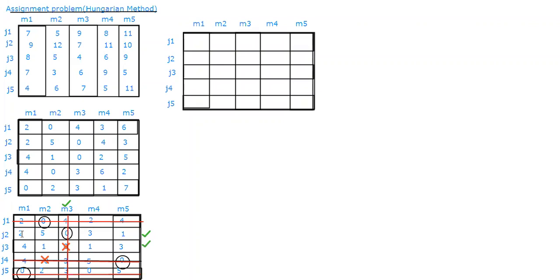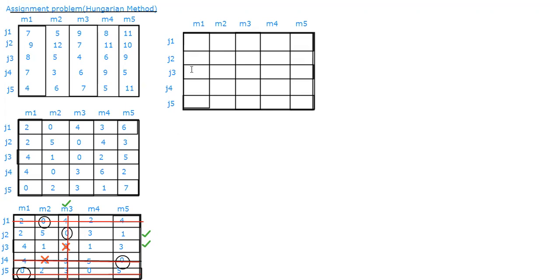So now he says, subtract the elements. Look at the left side of the flow chart, the second box. Subtract the smallest element of uncovered lines from the other elements and add to the elements lying at the intersection point. Uncovered, how many are there here? We have 4 digits here and 4 digits here. So he is asking you to subtract this uncovered part. Among 2, 5, 4, 1 and 3, 1, 1, 3, which is the lowest? I'm going to check it. So 1 is the digit which is lowest.